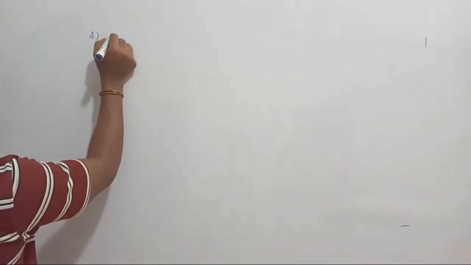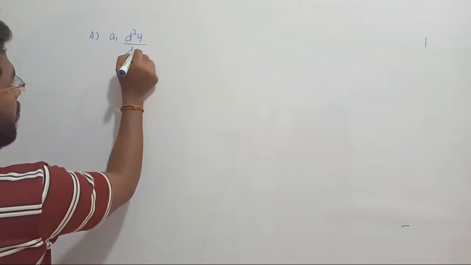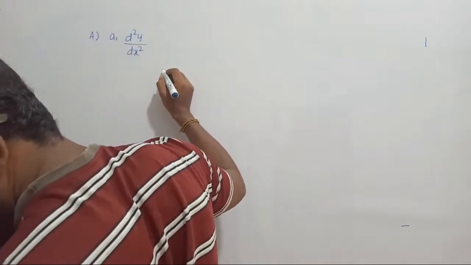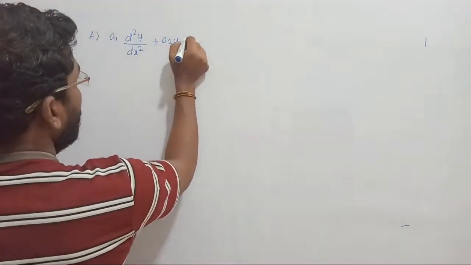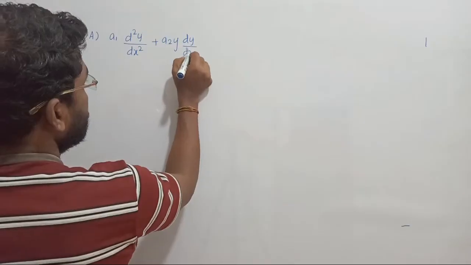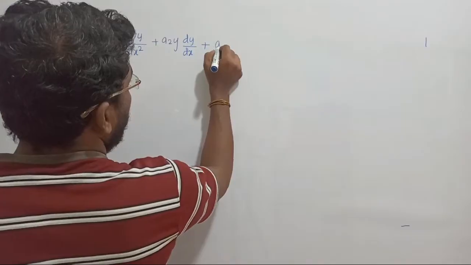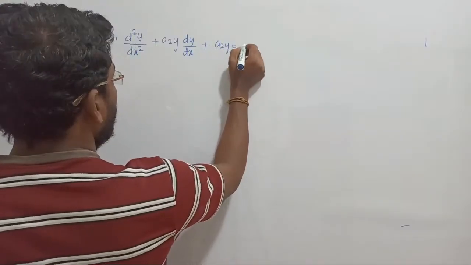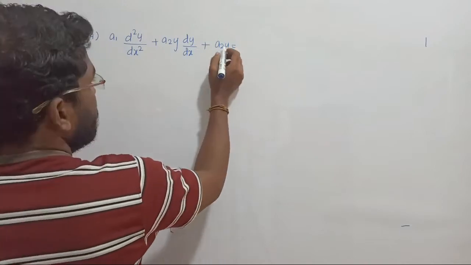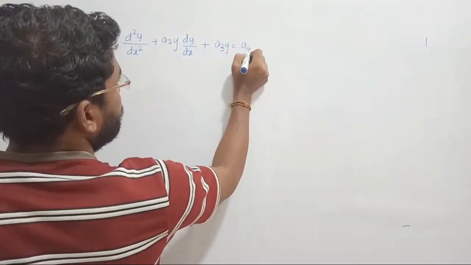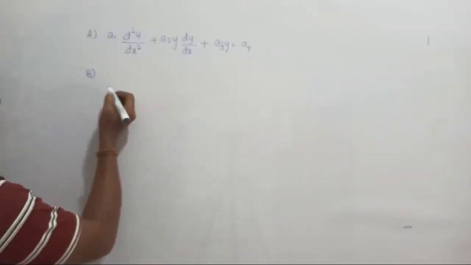First equation is given as a1 into d square y upon dx square plus a2 into y into dy upon dx plus the last statement is a2 into y equal to, is it a2? Yeah, that's it. I think they made a mistake. That is a3 is equal to a4. That is the first equation, right? And the second equation is given as,